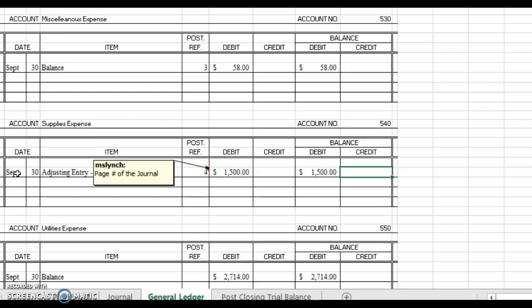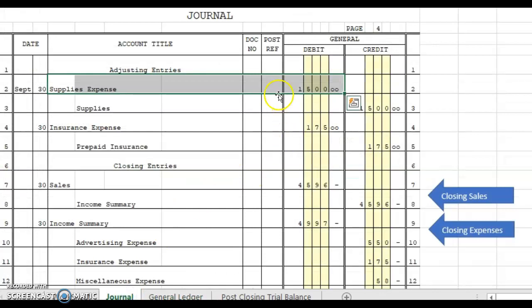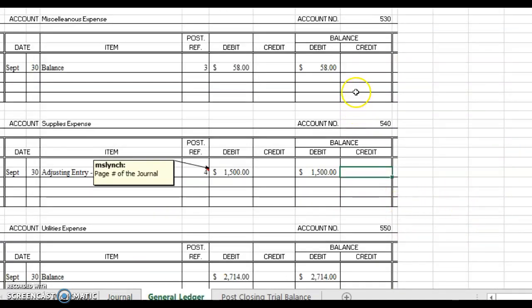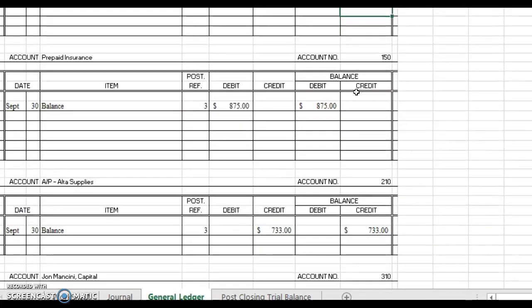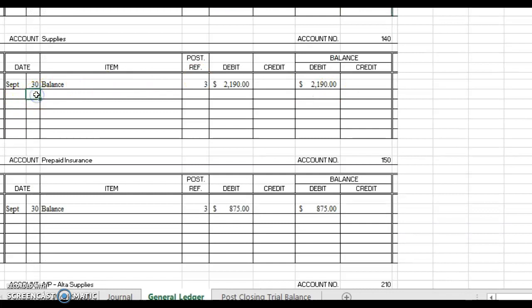Because we have now posted this amount, we can go back to our journal and put the account number 540 into our journal page. Let's now go to supplies and do the same thing for supplies. We're going to scroll up to where it says supplies. We're going to say 30th. This is an adjusting entry for supplies. It's on page 4 of our journal, and it's a credit for $1,500, which leaves us with